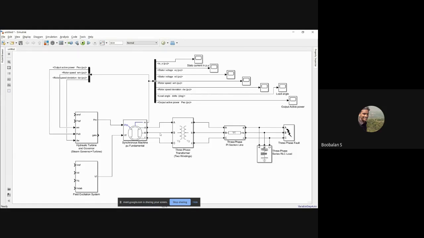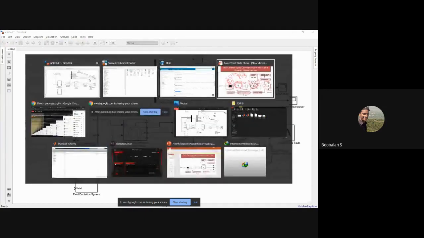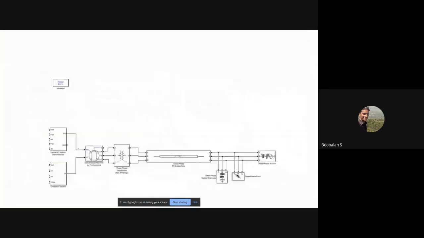In the same way, for voltage drop, you can improve the voltage drop. For that purpose, you can change the excitation voltage. So even if you change the stator excitation voltage, you can maintain the constant voltage, right? In the same way, the constant voltage we need to measure, right? So for that purpose, we need to give the VD, right? For that purpose, I just need some reference over here. Yeah, one second.